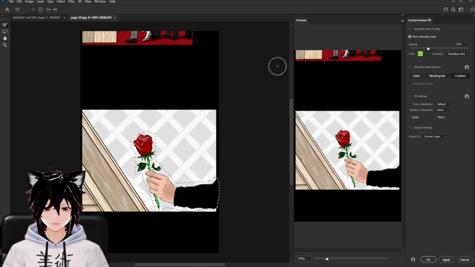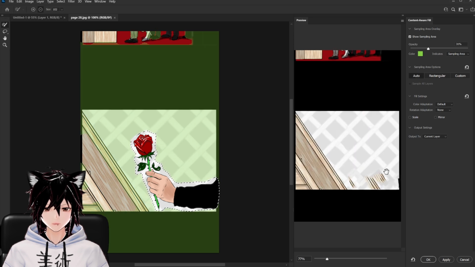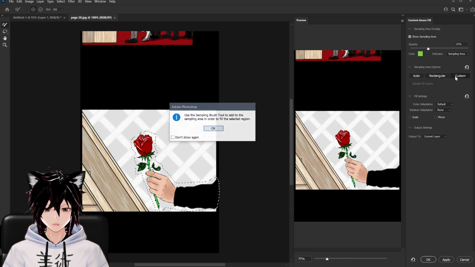You have a few different options to choose from in this menu: Auto, Rectangular, and Custom, which you can see on the right hand side here. Auto is going to try to fill the area selected with what's around it, which can cause it to throw some stuff in you don't want if things are too close. Rectangular can run into the same issue as you can see, so we're going to use Custom for this,